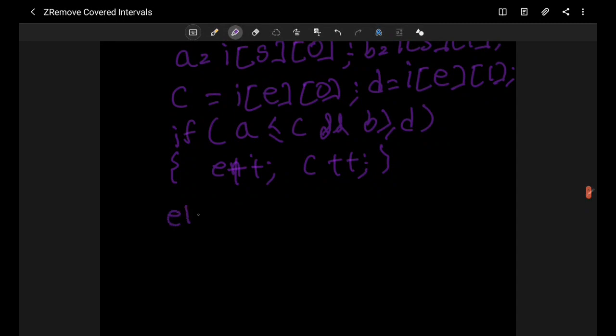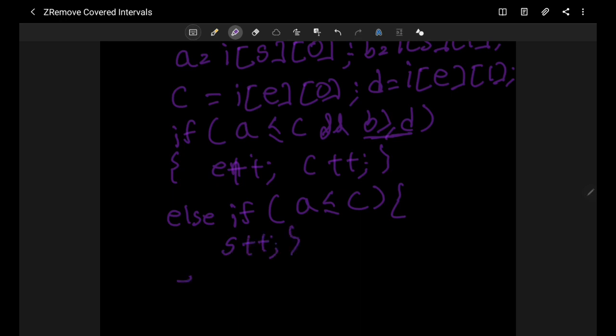So we will check in else if I see that this condition is matching, A less than C, that means obviously the start point is less than the start point of the second interval, but this end time condition is not matching, right? So in this case we can take the interval which has the larger end time, right? Because that will maximize our chance to cover the maximum interval time. Okay, so in this case we can increment our start pointer value.